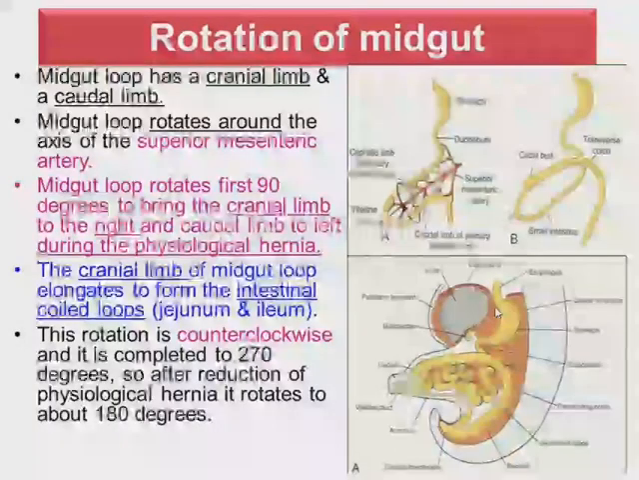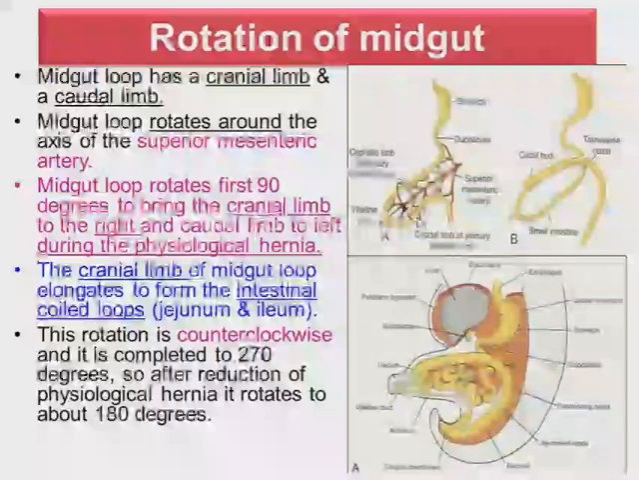What about the rotation of the midgut? The midgut loop has cranial and caudal limbs. The midgut loop rotates around the axis of the superior mesenteric artery. So this is the axis of the rotation, the superior mesenteric artery. The midgut rotates firstly 90 degrees